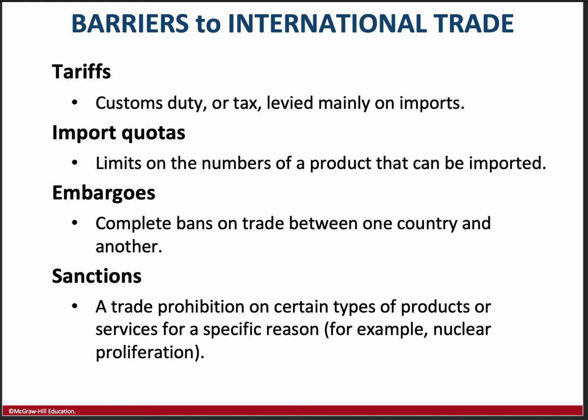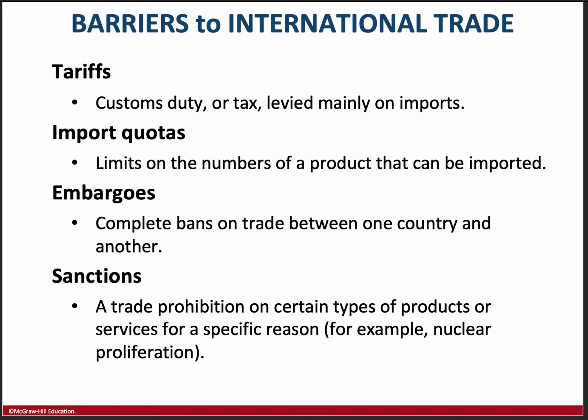Embargoes are complete bans on trade between one country and another. That could be how recently we weakened the embargo from the US to Cuba. So now it makes it easier for Americans to trade with and travel to Cuba, because remember, we had a trade embargo forever with Cuba. And with it being so close to our country, it's like, oh my goodness. But